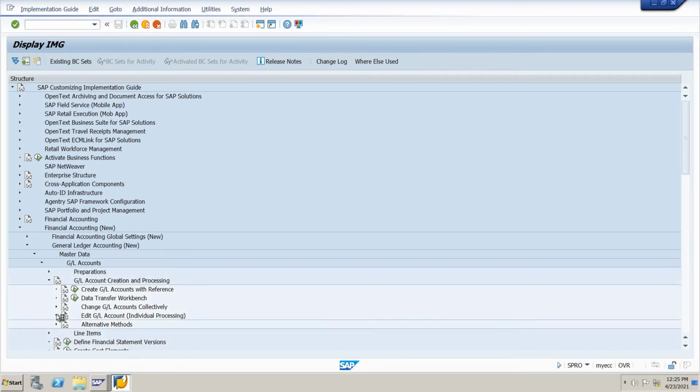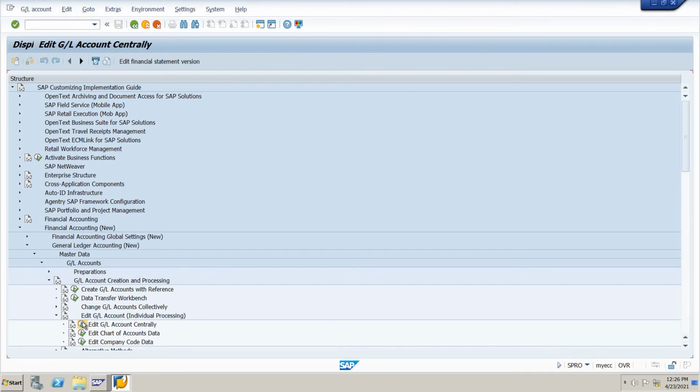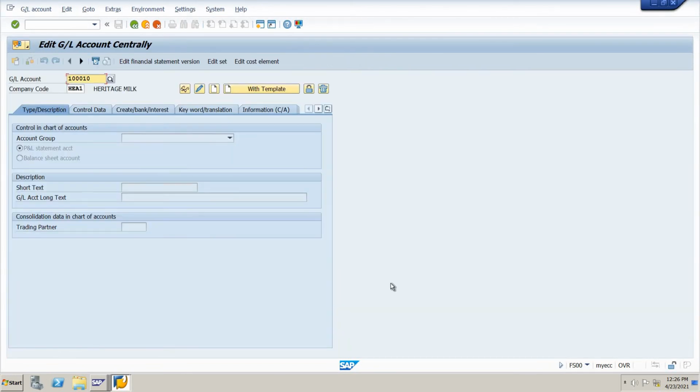Go to edit GL accounts. And we have here edit GL account centrally, edit chart of accounts data, and edit company code. We go to the first one, edit GL account centrally.